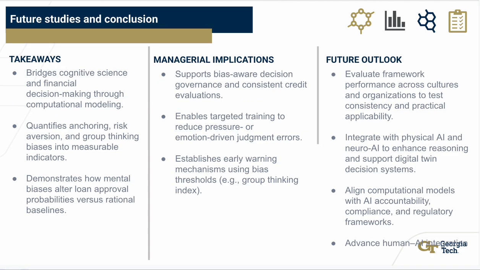This paper will help bridge cognitive science and financial decision making through computational modeling. It will quantify the cognitive biases into measurable indicators, and also demonstrate how mental biases can alter banking decisions. Other than that, it brings out the managerial implication and also provides a good foundation